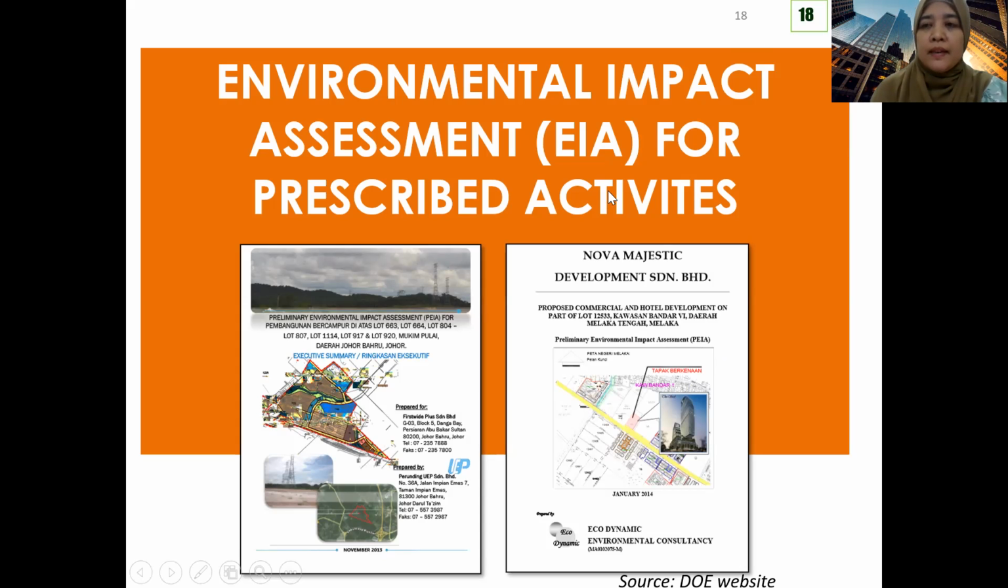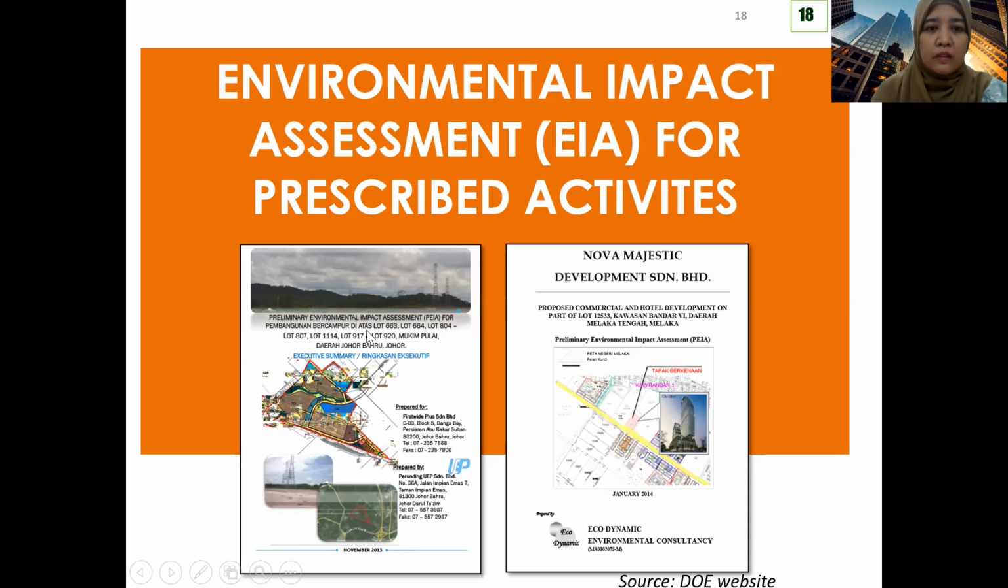So again, let me just stress here, EIA stands for environmental impact assessment. Okay, penilaian impak atau kesan, penilaian impak alam sekitar. Penilaian impak alam sekitar. Okay, for prescribed activities, untuk aktiviti terjadual. You can see there PEIA for this one, yeah. You see at the bottom, okay, the PEIA, the preliminary EIA untuk pembangunan bercampur for a mixed development on a